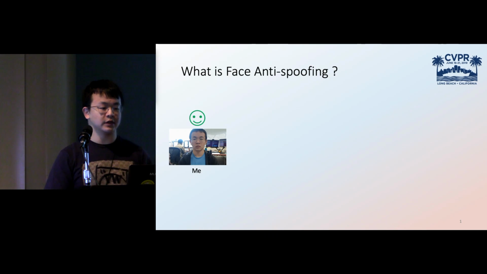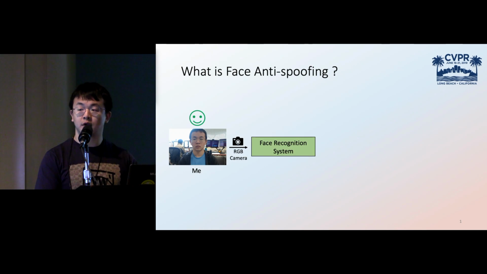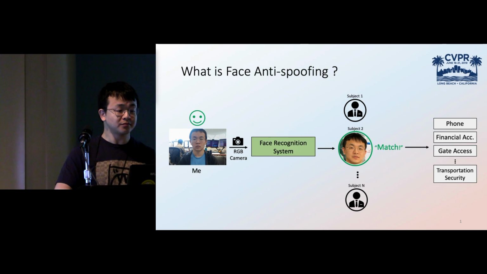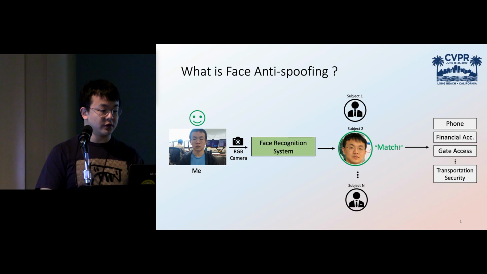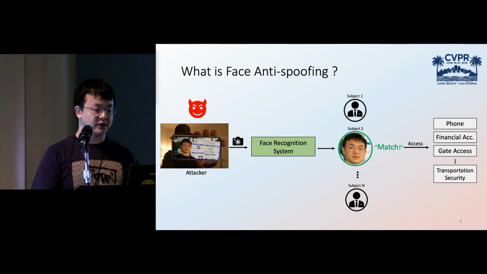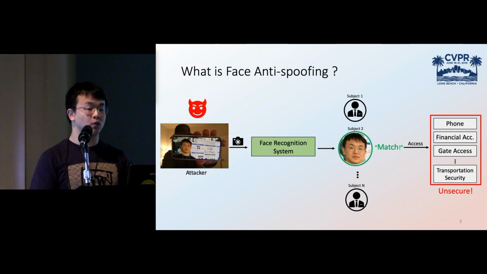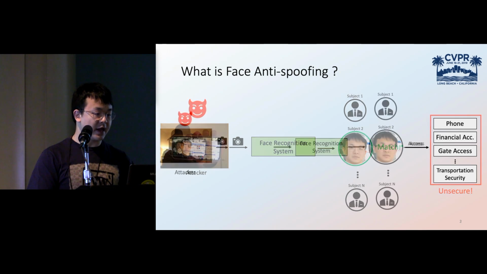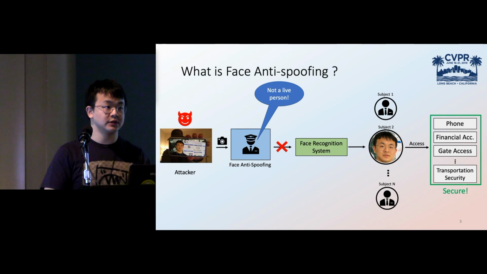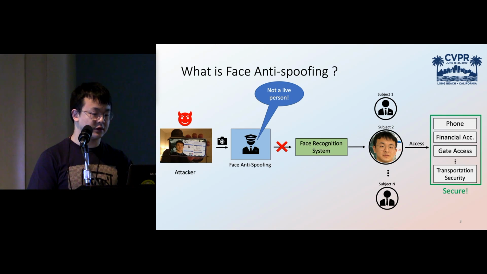Face recognition systems are widely used in our daily lives. Most of the systems take an RGB face image, match it with the correct identity, and grant access to the user's account. However, attackers try to hack into the user's account by presenting the target's face on material such as a digital screen. The system cannot distinguish the liveness of the input face, which can lead to a security breach. To protect the system, face anti-spoofing techniques serve the exact role by detecting the source of the face before performing any recognition and matching.